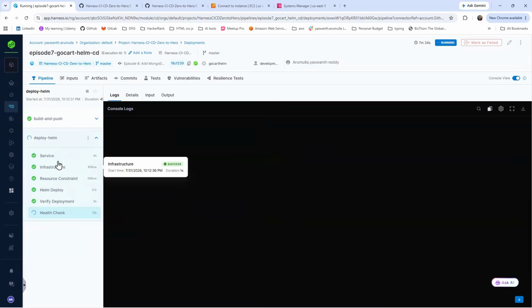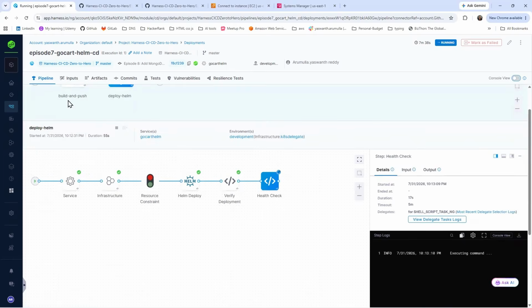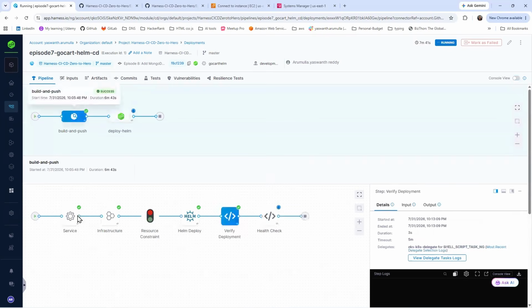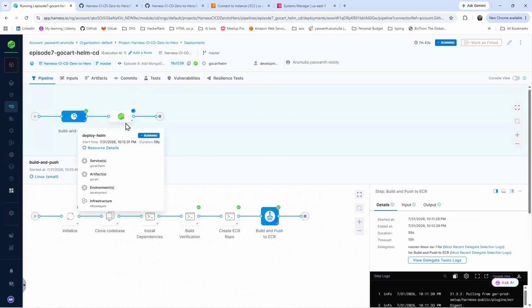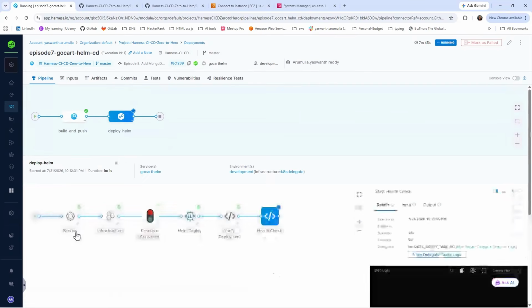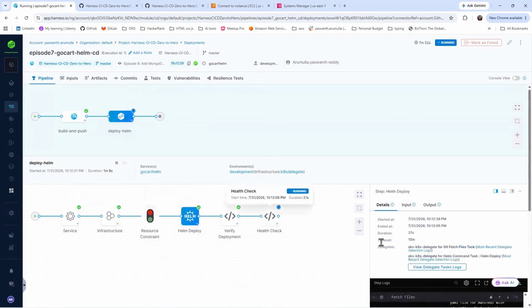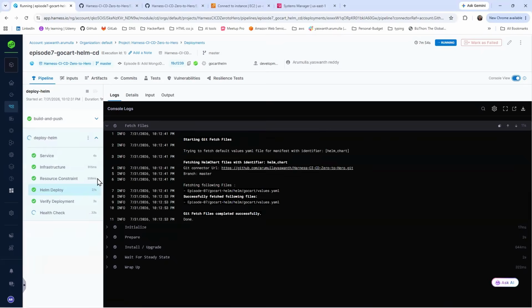Okay, in the CD level, now I will go here. See, everything is done. See, service, infrastructure, resources. I explained the traffic lights yesterday, and this is the Helm charts deployment and health checks. If you want, I will explain the Helm charts deployment. Go for the Helm. See,